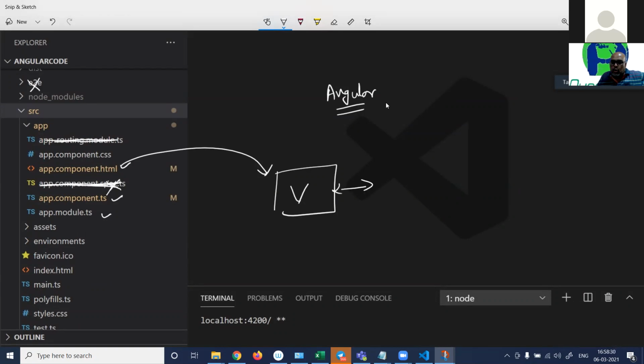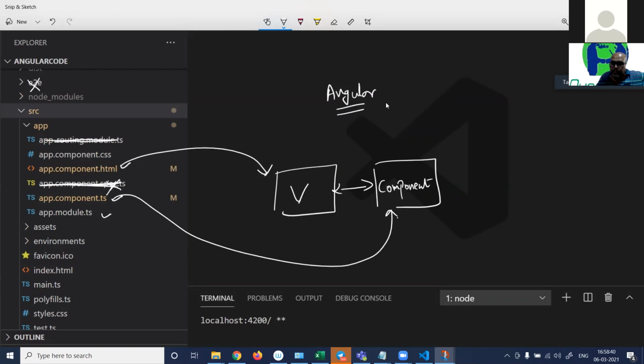The view talks with the component, and the component talks with the model. At this moment, we don't have a model. We need to create one. There is no model here. Don't say module is a model. This is a module, not a model. M-O-D-E-L, model, right?